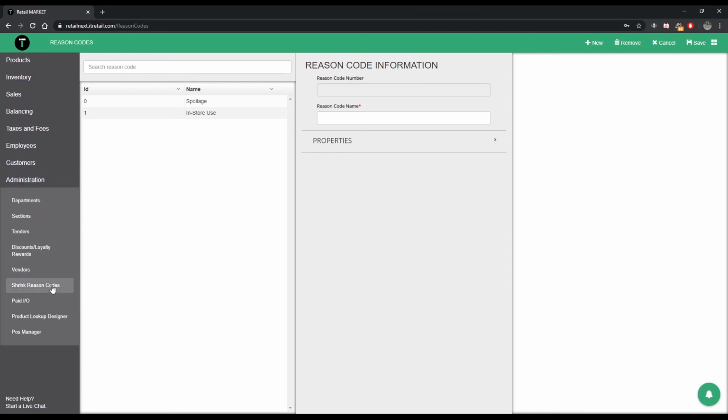So here you can add different reasons. So press new, put the new code name. So we have spoilage, in-store use. I guess we could say theft. It's not nice, but we can always put that. And the property, so a description if you'd like. But for reason codes, you only need to have one attribute, and that's the name. Press save. It's going to create the reason code number for you,